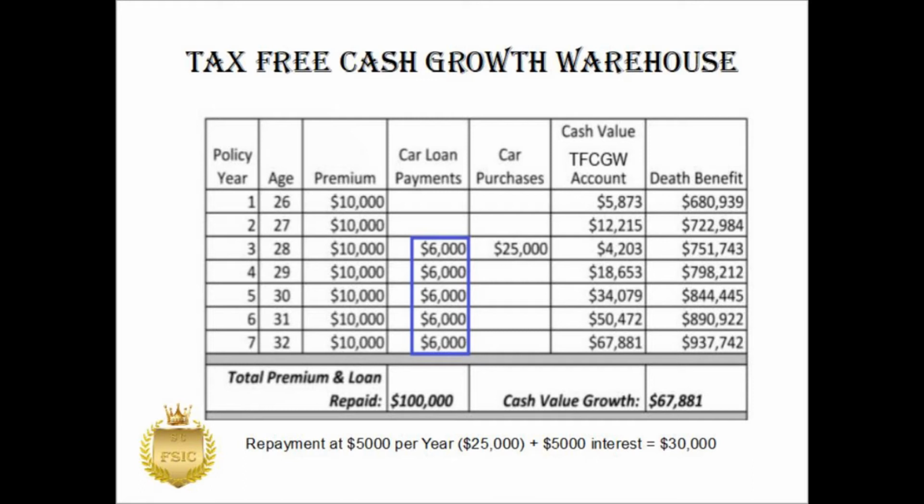Now, notice that the cash value in our warehouse is now $67,881 at the end of the 5 years, and the total of 7 years that we've been funding our warehouse. When we subtract that $67,881 from the $75,000 out of pocket, we see that we've actually recaptured 91 cents of every dollar after purchasing